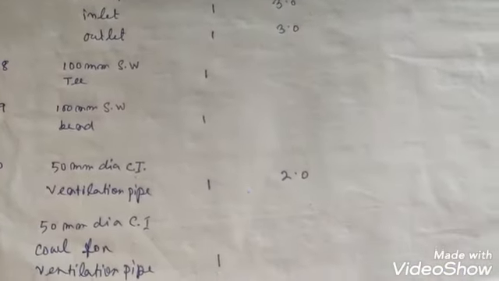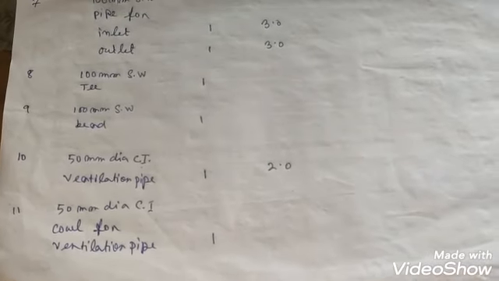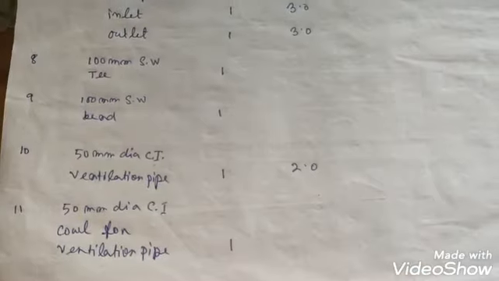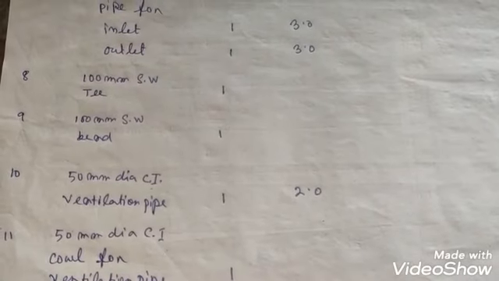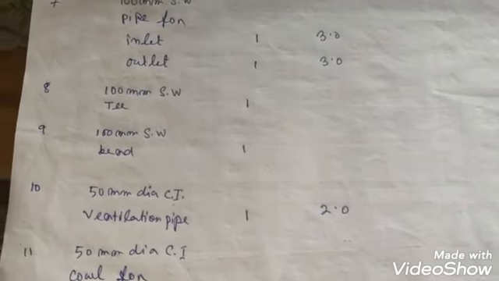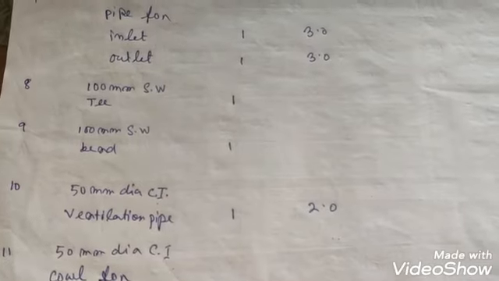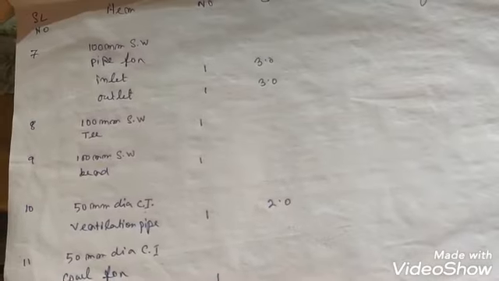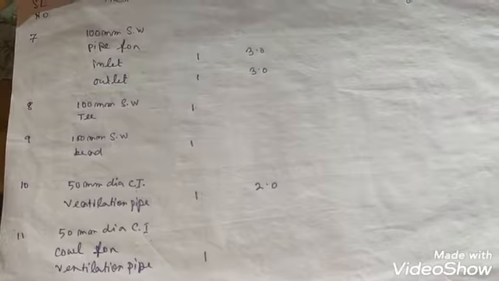These are standard data. These are applicable for all shapes and sizes of septic tanks. All you need to do is just remember these things. And mind you, the quantities that we have calculated for this septic tank and these sanitary fittings given for the septic tank are only for the construction of the tank, not for the construction of the soak pit. So the construction of the soak pit and the sanitary fittings of the soak pit are not included in this video.